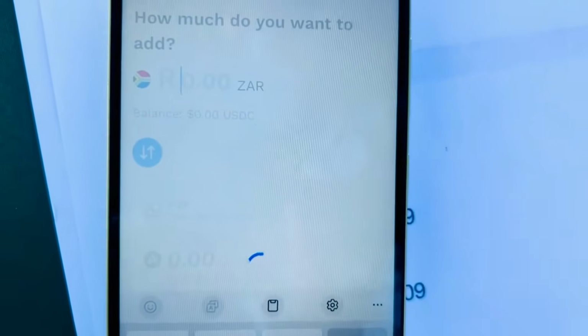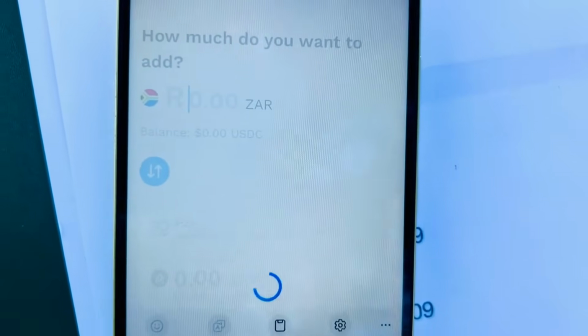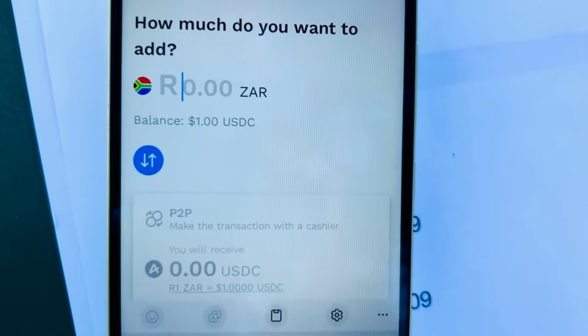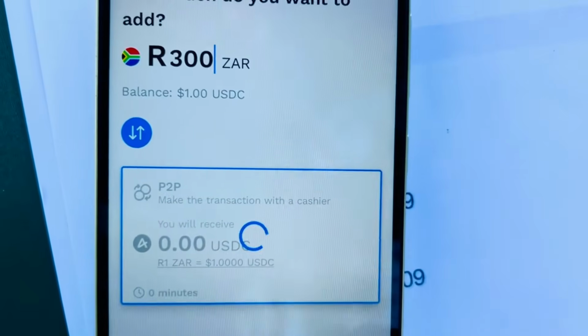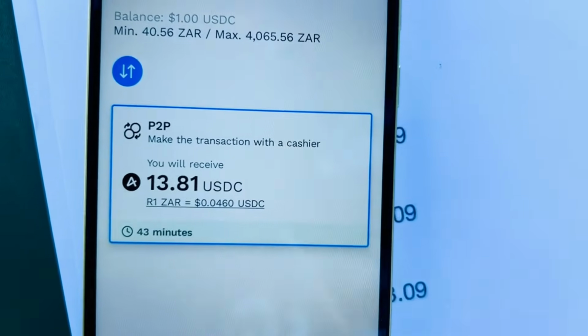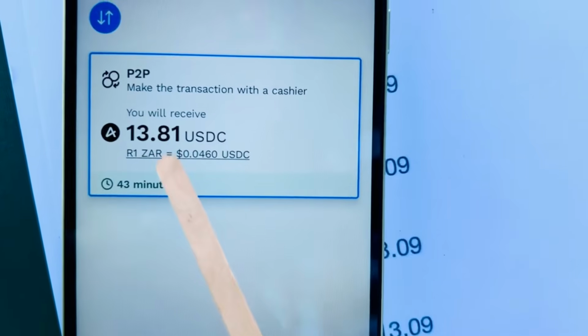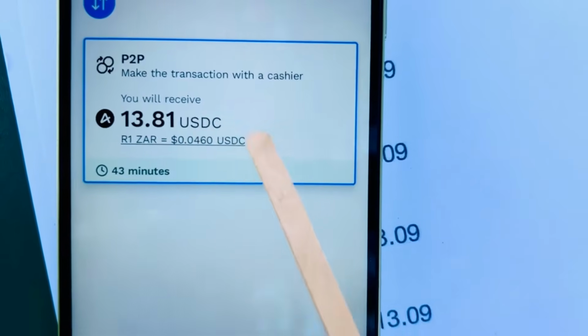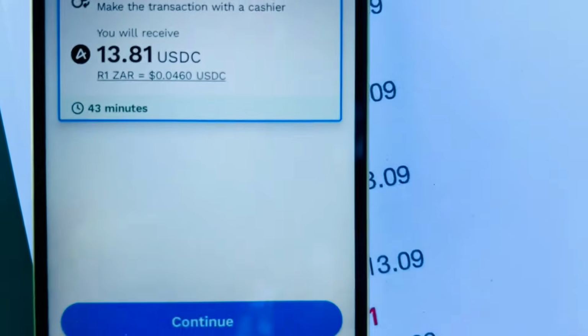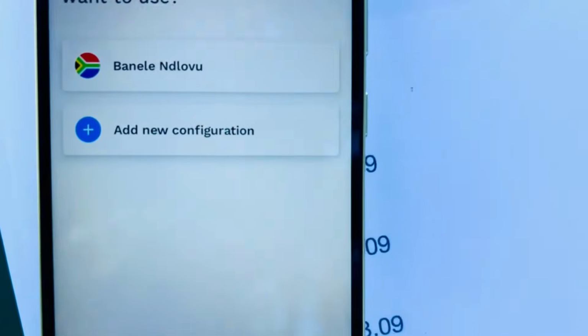And then the minimum starts from $11. So in this case, we want to deposit 300 rand, which will be equivalent to 13.881 USDC. It's still the same dollar. So you click on continue. After clicking on continue,